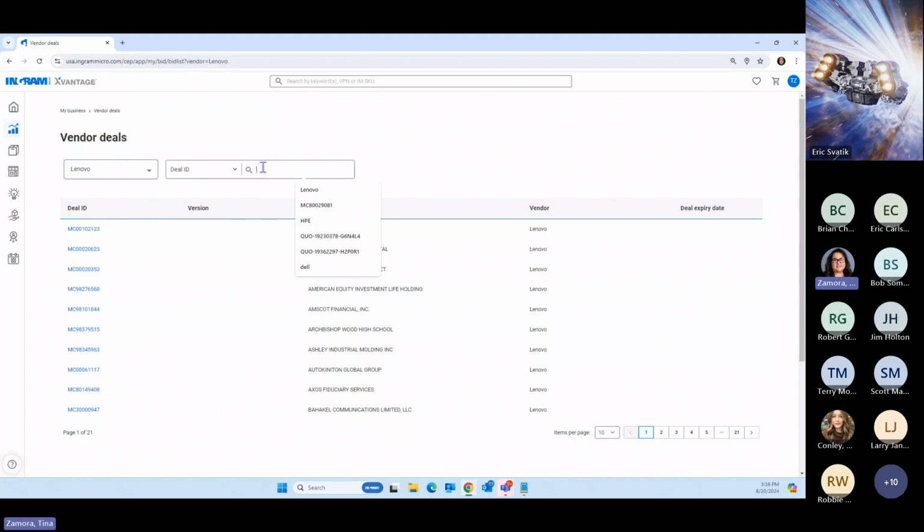So you're going to get to this vendor deals page, and this is where you really have a list of all of those opportunities by vendor where you can choose to create a quote. So in this case, we're going to go back into Central Grocers because we know they have some standard products on their quote. And instead of searching by the master contract, I'm going to search by the end customer's name